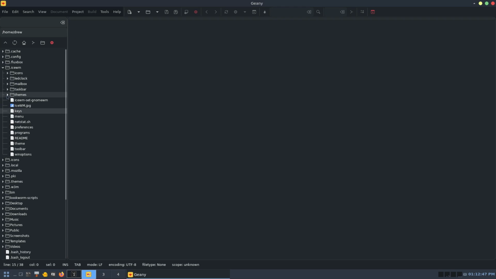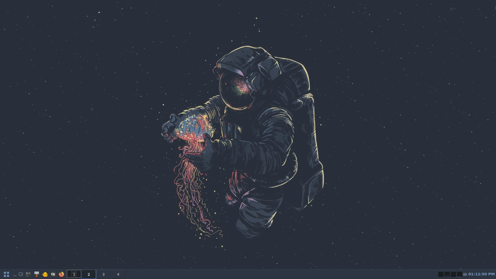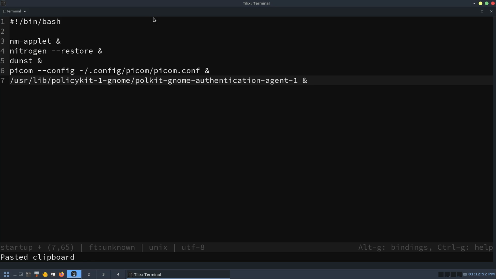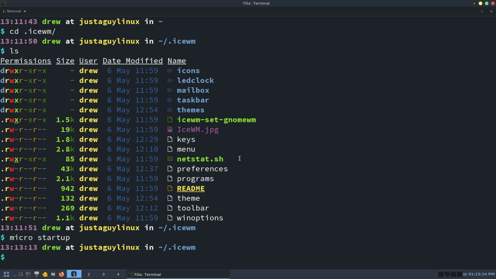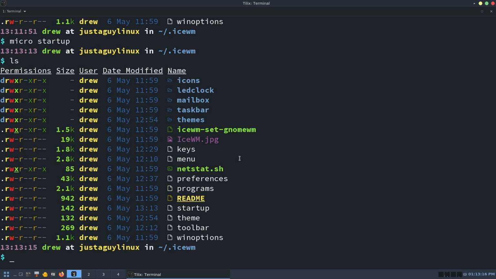I'm going to go ahead and close everything actually. And let's go back over here. Now again, we're not using nitrogen, so that would be kind of pointless. If you want the nmapplet, I'm going to put it in there simply because I want to see something pop up in the tray, the sys tray, just to see if that works correctly. All right, so I'm going to save and quit, and now ls. I want to make sure that it actually is executable. So chmod plus x startup,